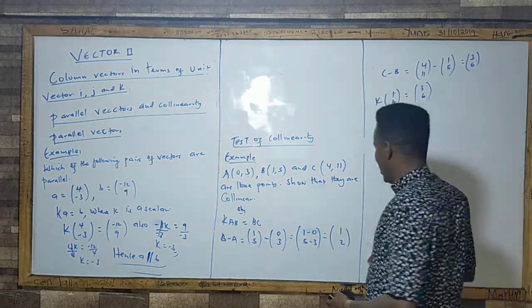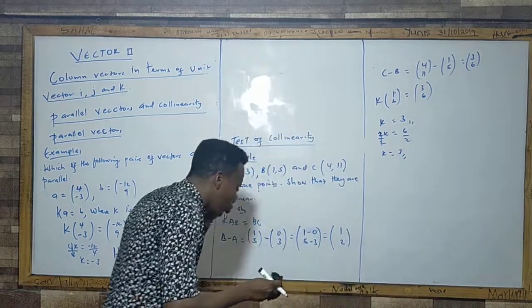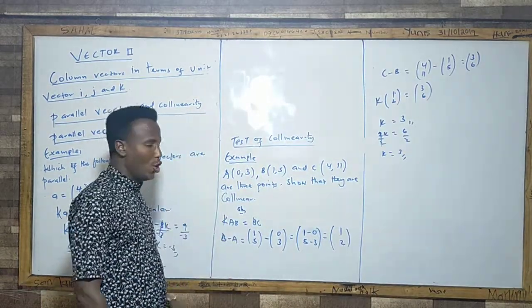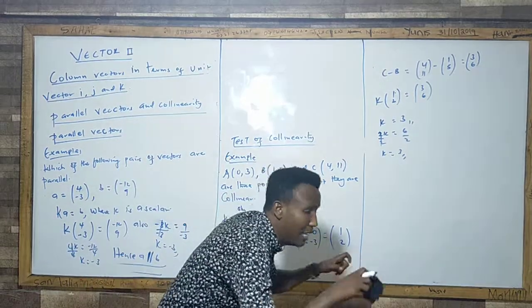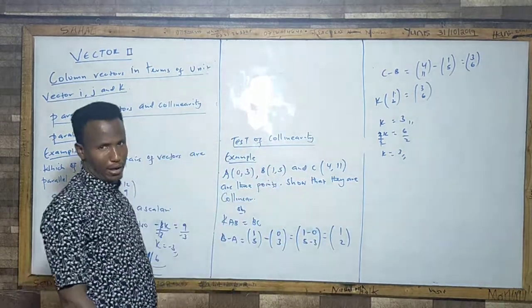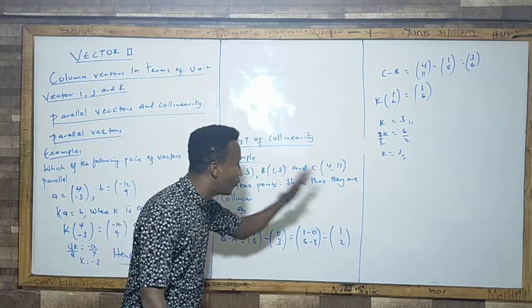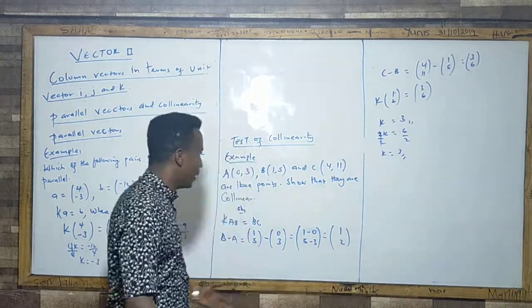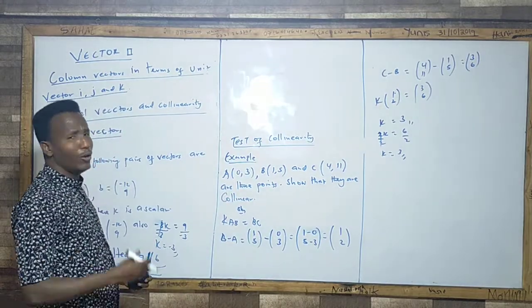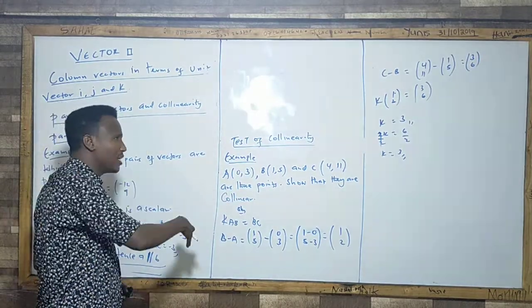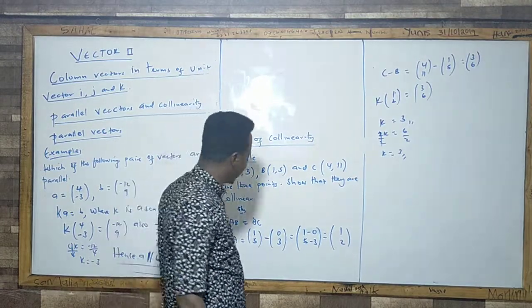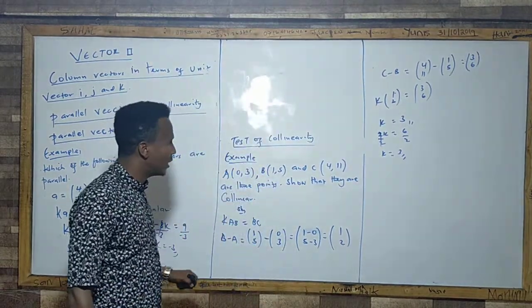Now, can't you see, for us to test collinearity, or whether 3 points are collinear, we must first test parallelity, whether the 3 points are parallel. We have tested and confirmed that the 3 points are parallel this time. But now, how can we show that the 3 points are collinear, or that they are on the same line? We can say here